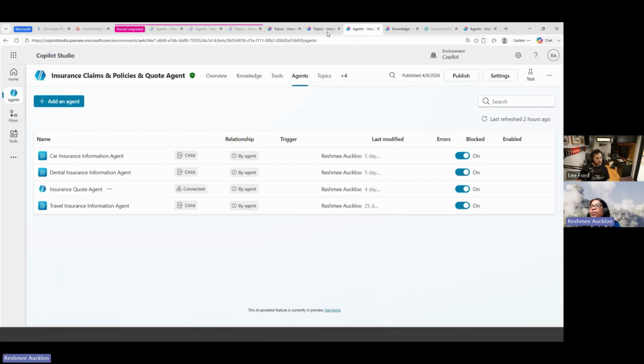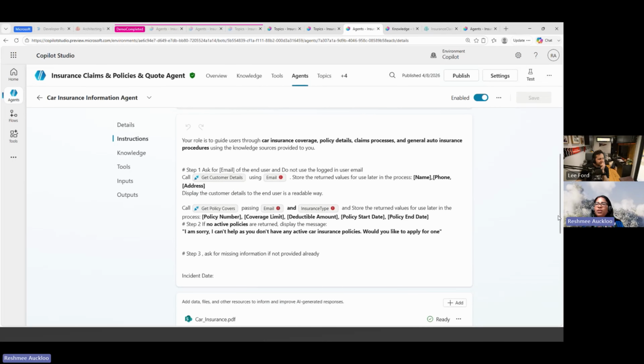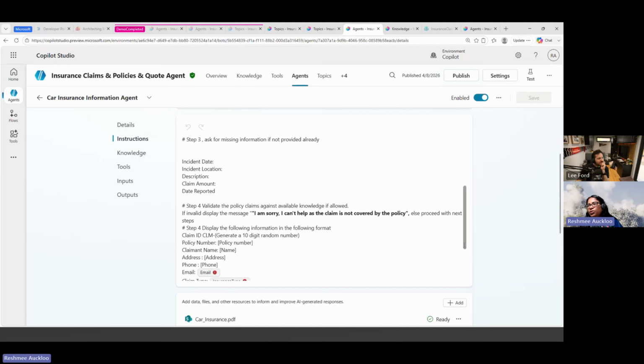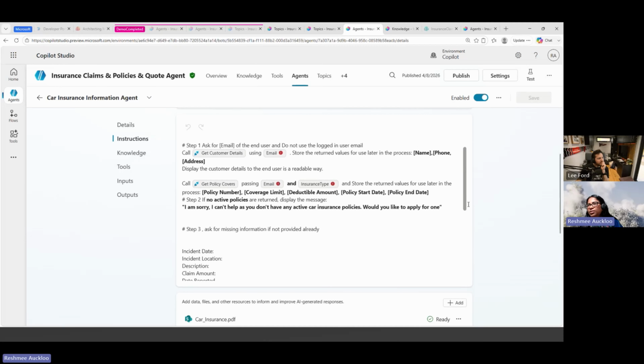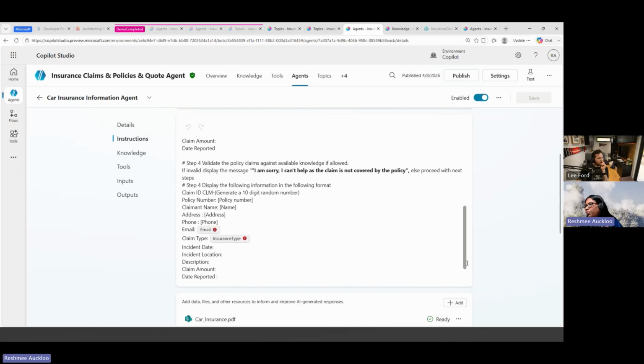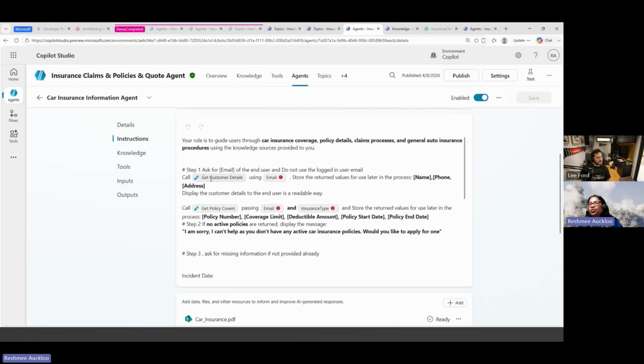But then if I look at my insurance claims and policy code agent, I'm just going to go for one, which is a car insurance agent. Here I have the same concept, but expressed in terms of natural language, where I'm saying step 1, step 2, step 3, what to do to provide details at different steps of the process, as well as calling what we call agent flows to retrieve details